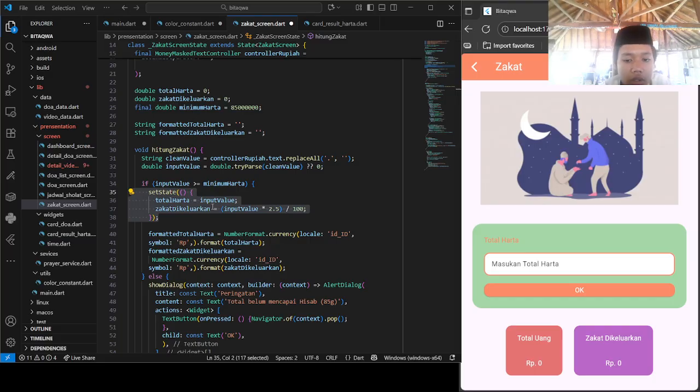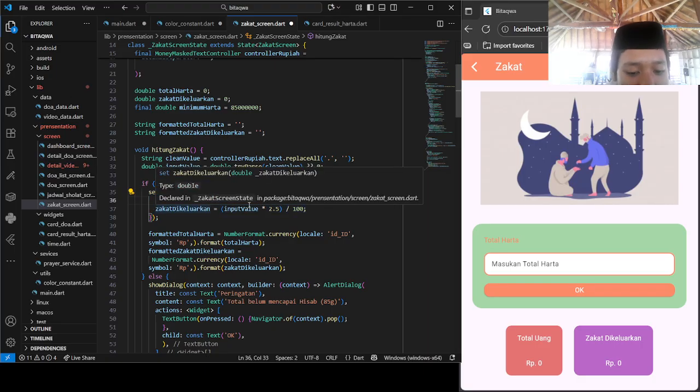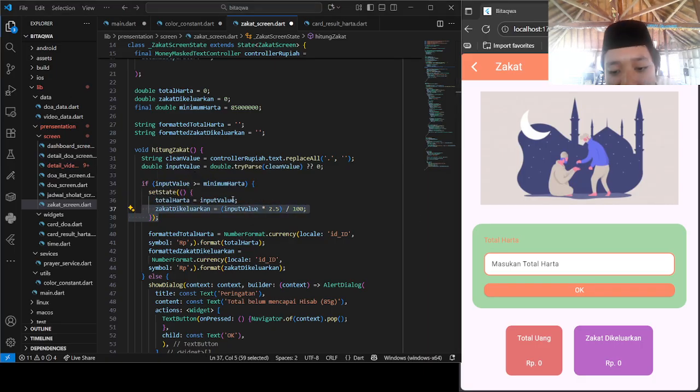So it counts the value of our money and converts it to 2.5%. This is the logic, right? So zakat is 2.5% of the total harta.